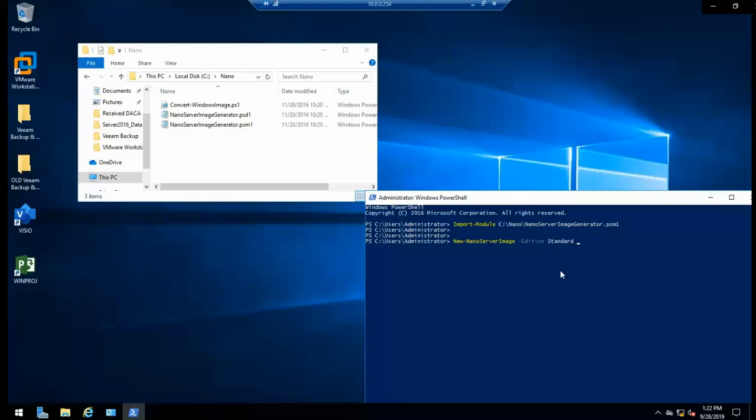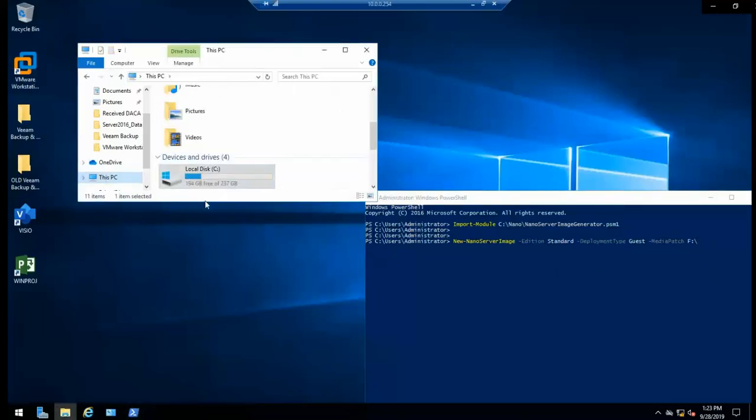So I'm using standard edition for this particular example. Deployment type guest, media path. Notice how I mistyped path, and that's why on this first try I'm going to get an